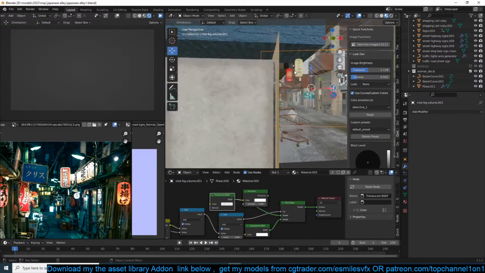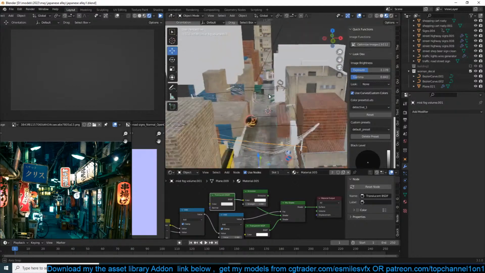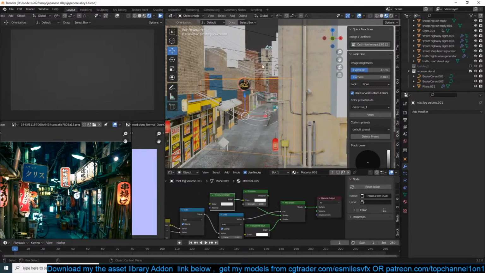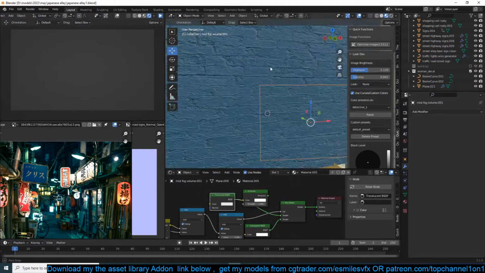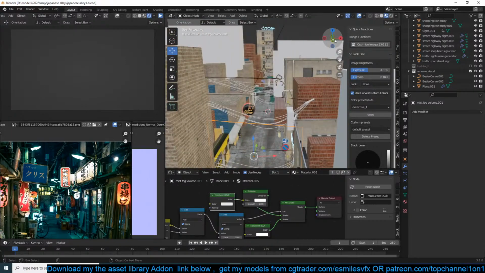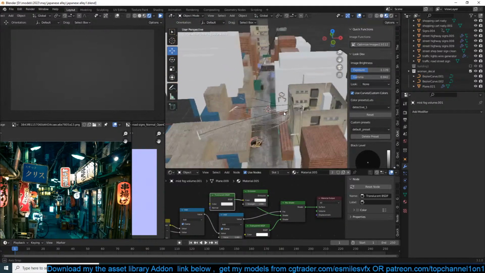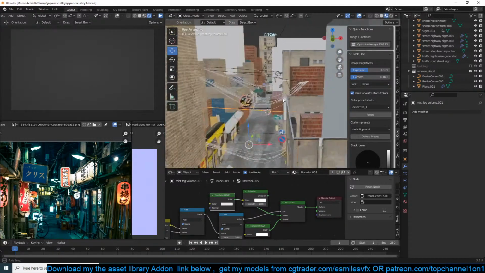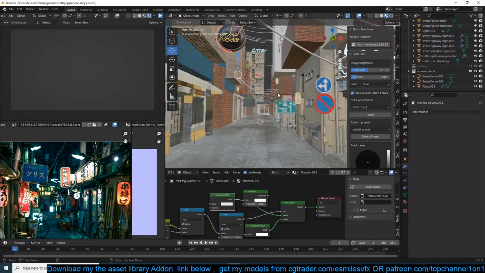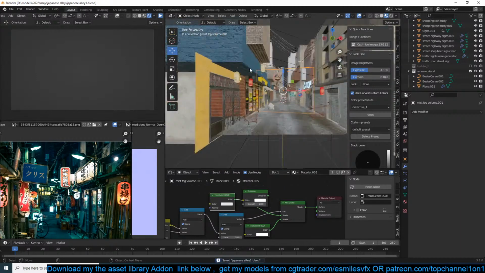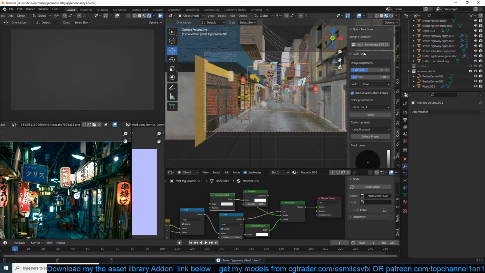Right now I have a lot of images, but because I optimized, I can easily navigate through my scene. If all of these images were above 2K, I wouldn't be able to navigate smoothly in my viewport like this. So it's a nice way to keep your viewport light. This function is available in my quick functions add-on.